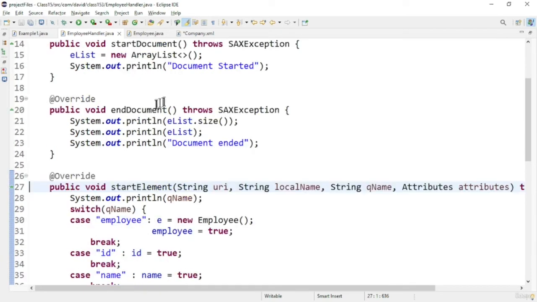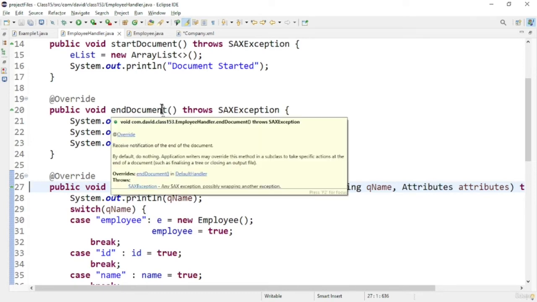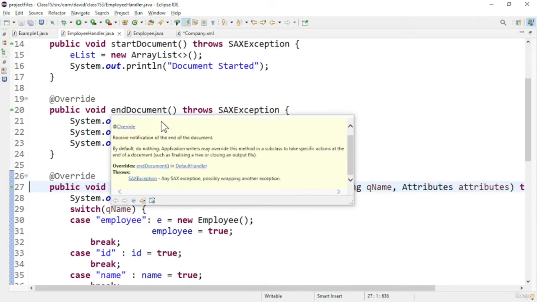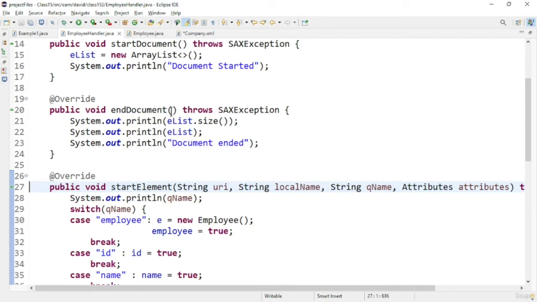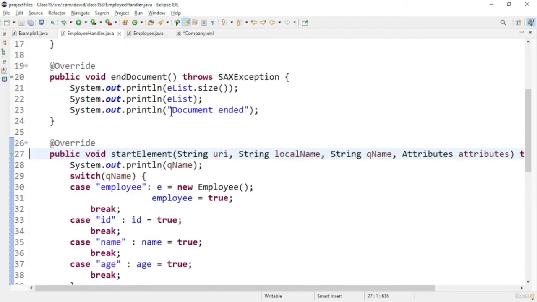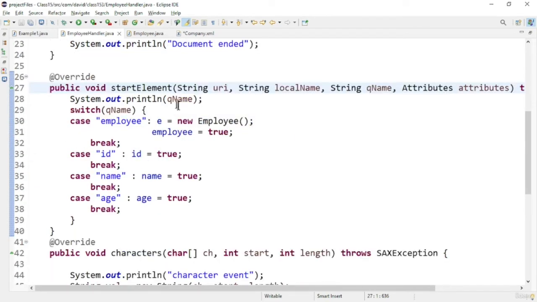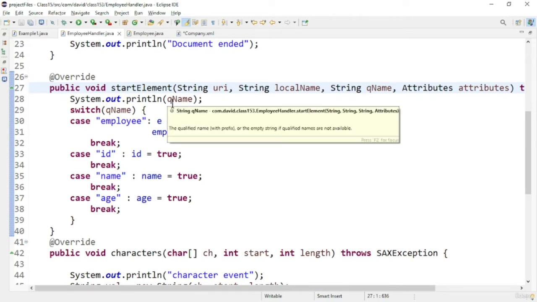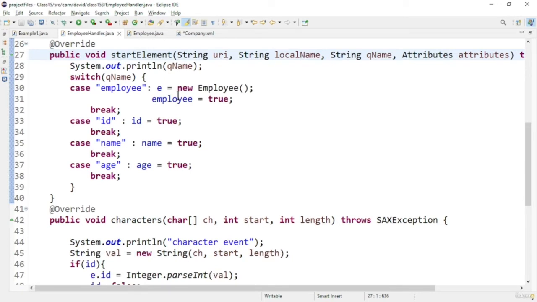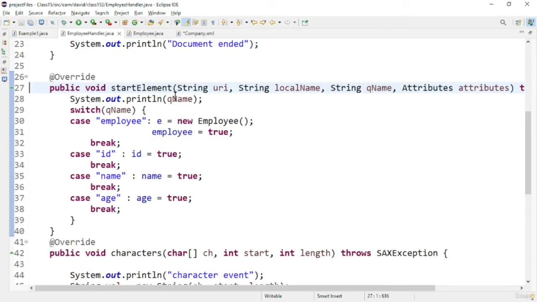After that, next is the end document. In the end document part, we will just be printing the ArrayList, since at that point the ArrayList will be completely done. Then we go to the next method, which is start element. The start element method is triggered when each tag is started.